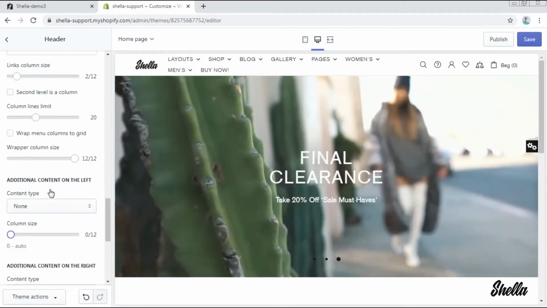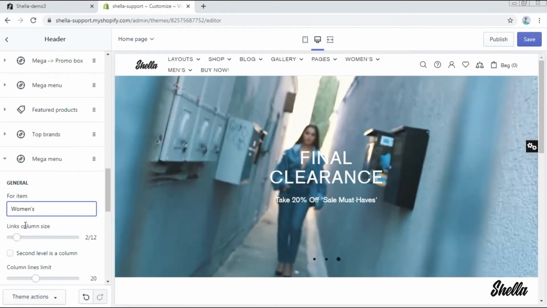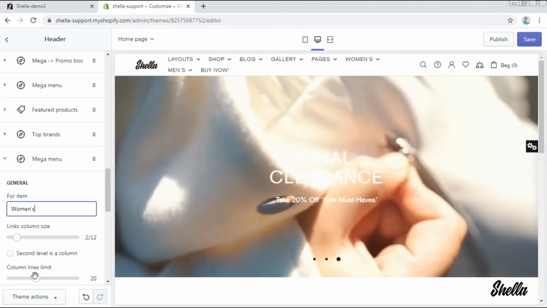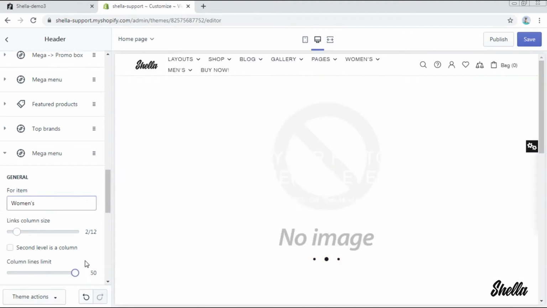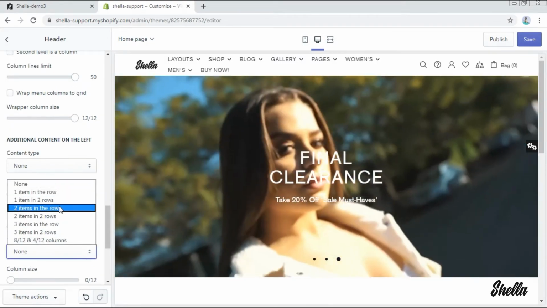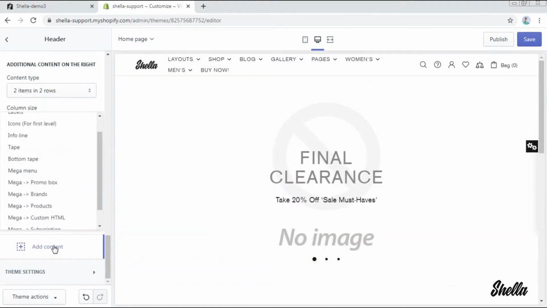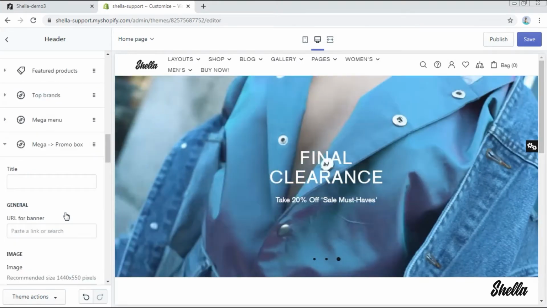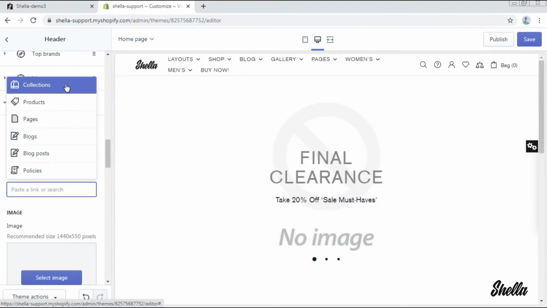Now we will add a block Mega Menu for Women's. Increase the column lines limit to 50. In the additional content on the right, we will choose the content type 2 items in 2 rows. Now let's add some promo boxes to it. Choose the URL, select the image,